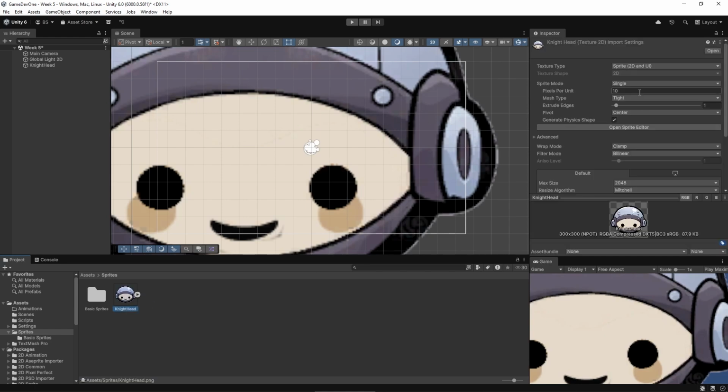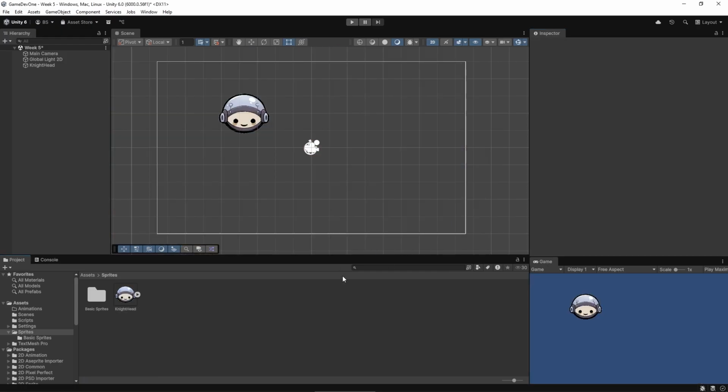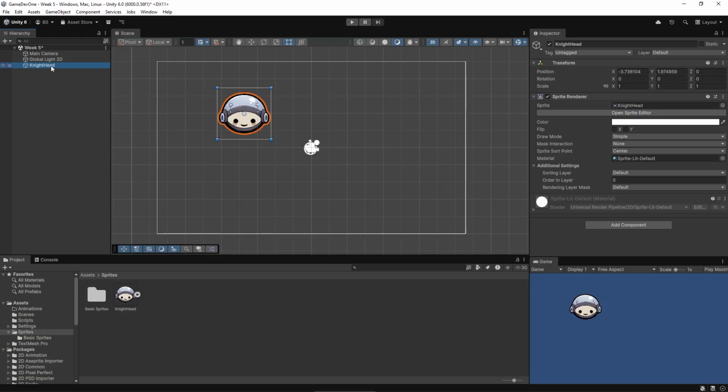All right, so it's kind of a method of stretching or scaling your object. I'm going to leave that at 100, which it is by default. Okay, so that is a sprite. It's relatively simple to use. If we take a look at the actual object that I've dragged into the scene now,